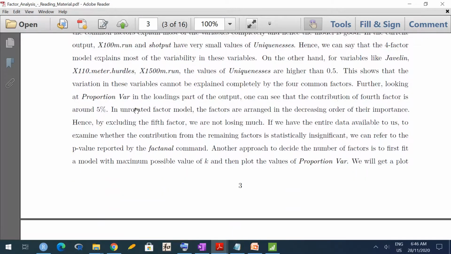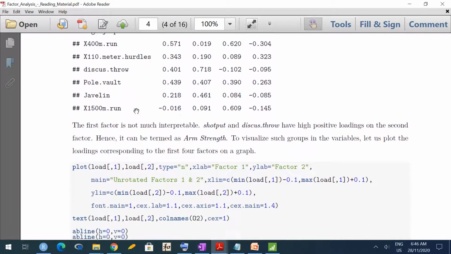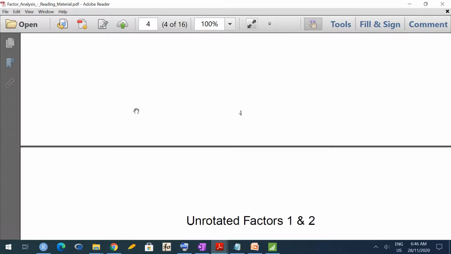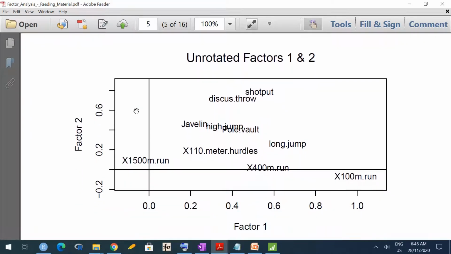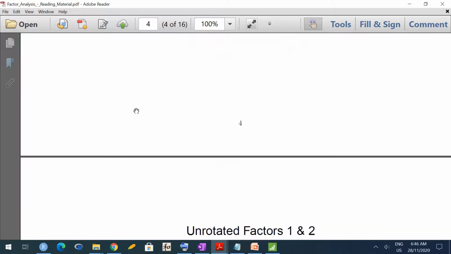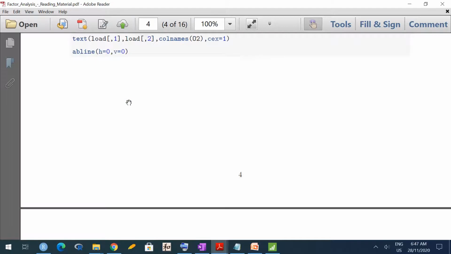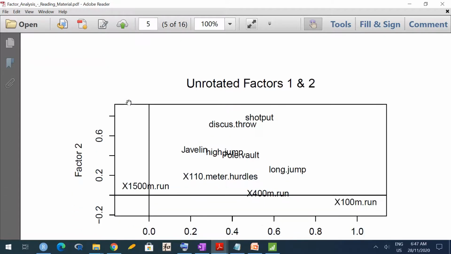So let me go to some of the things which we did not do in the example that we saw just now. We can have a score plot. Okay, there we did not have this, this is loadings plot. Okay, loadings plot. So loadings plot can give me more interesting insight.